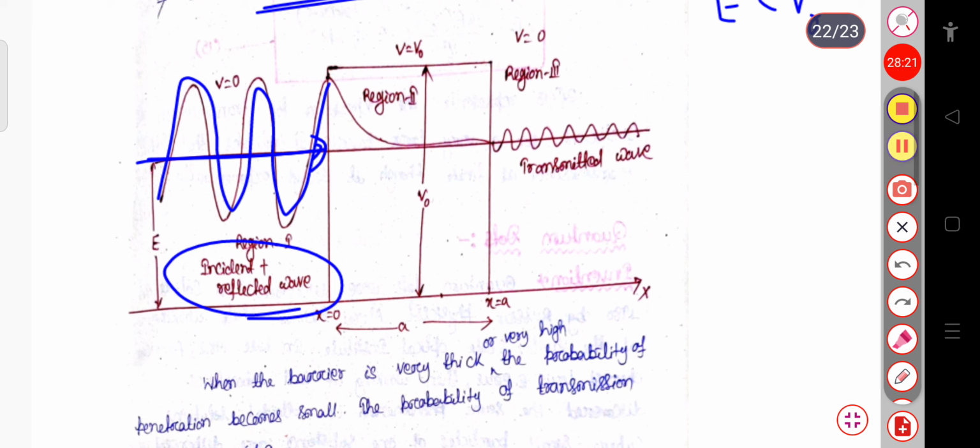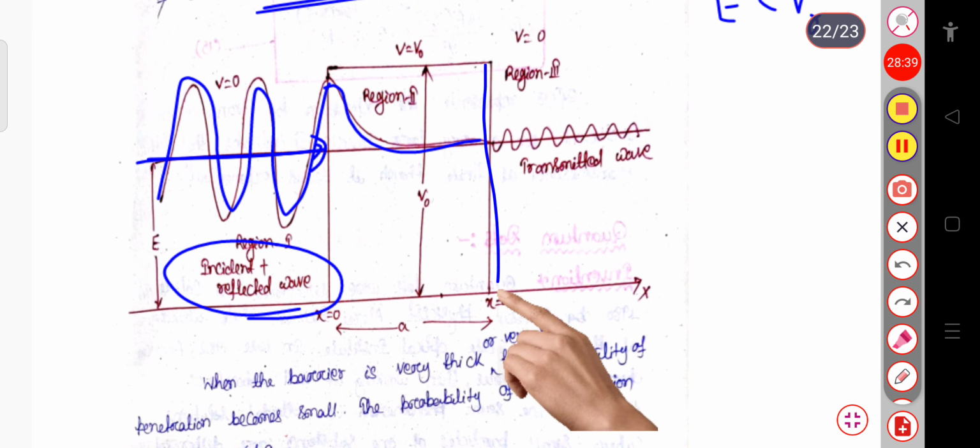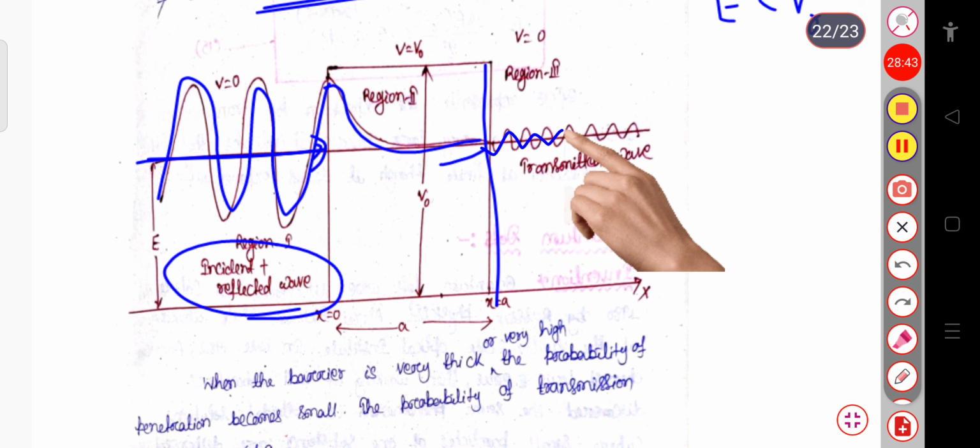so there is a possibility that the particle can reflect because a barrier is present, so the reflection is possible. And in the second region, this is your experimental proof that the particle can be present in region 2 also. So here you will also get the reflected one, and in region 3 the transmission is possible, that is, you will definitely get a particle in this region also.